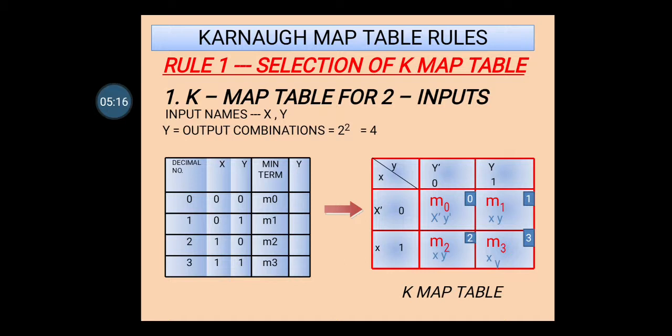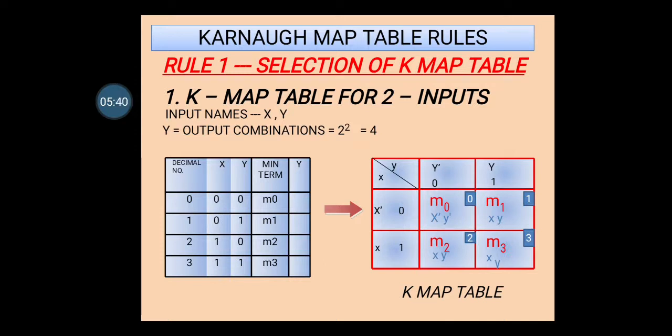That I have arranged in the column, and LSB bit I have arranged in rows. And accordingly I have formed the table. Now you can check here the cell numbers also. The very starting cell number is 0, row wise you have to go, then next one is 1, and then down here it is 2, and the next one is 3, row wise. So this is how the cell numbers are.